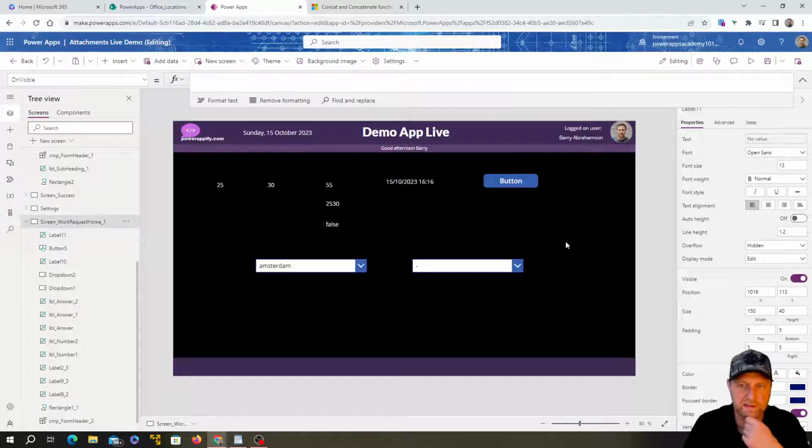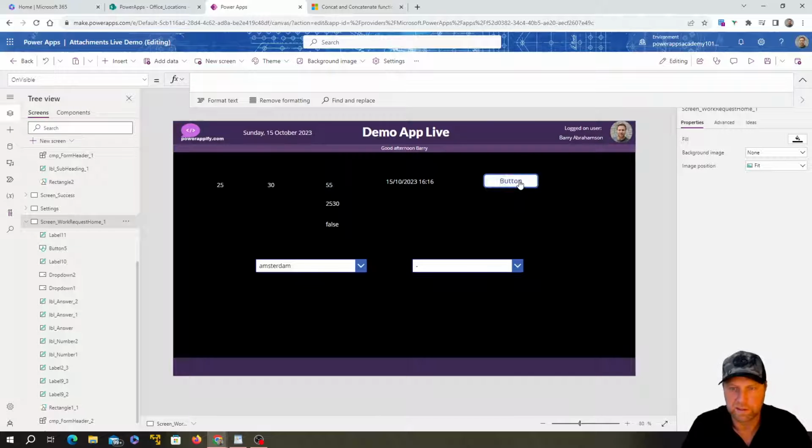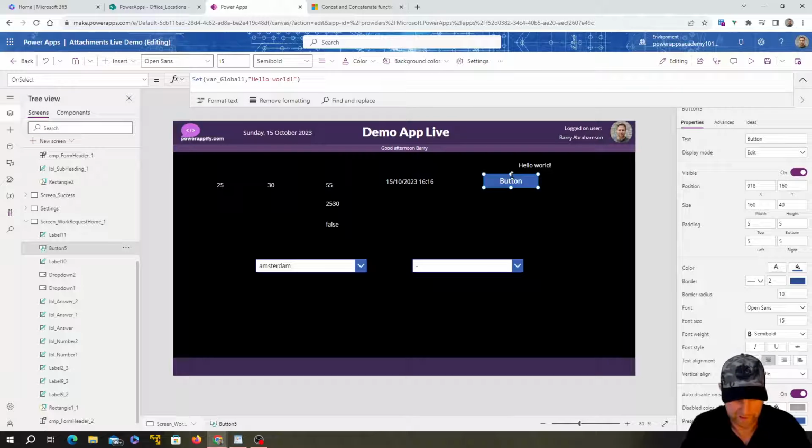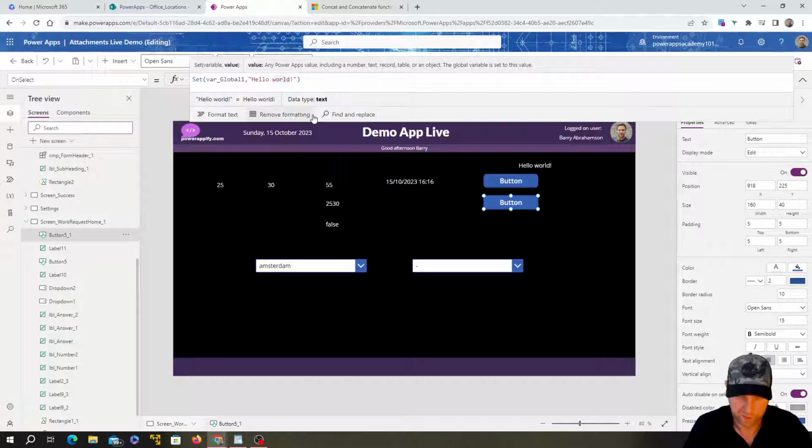So you can see it hasn't been set because I haven't hit my button, but when I hit my button, there we go, it's hello world. And then I'm just going to copy this button, have another one, button 2, and this one will be hello world,